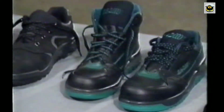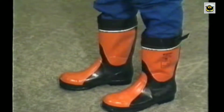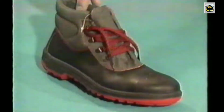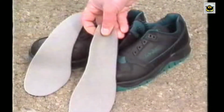In addition to the inevitable protective toe cap, one may now choose between the following qualities: oil and acid resistant, anti-static properties, heat resistant up to, for example, 110 to 200 degrees centigrade, lined for use in the winter season, skid-proof soles, double soles with air cushions giving good shock-absorbing qualities. Many types of protective footwear have several of these qualities. Also available are orthopedic soles which counteract and prevent back and leg problems. In short, suitable footwear